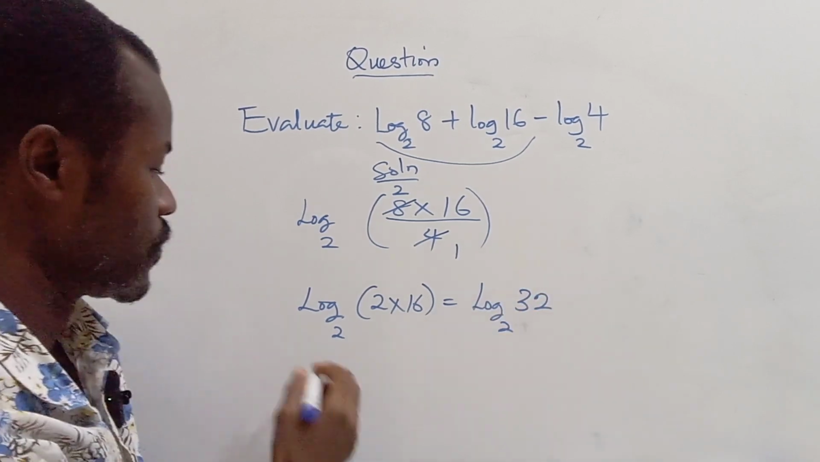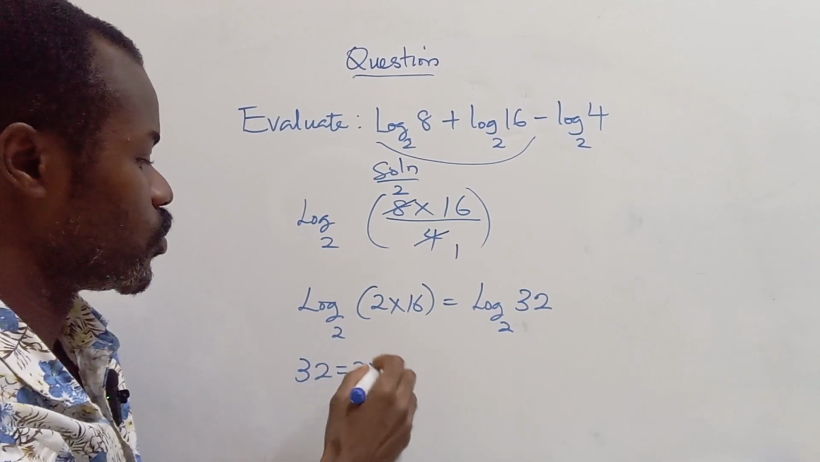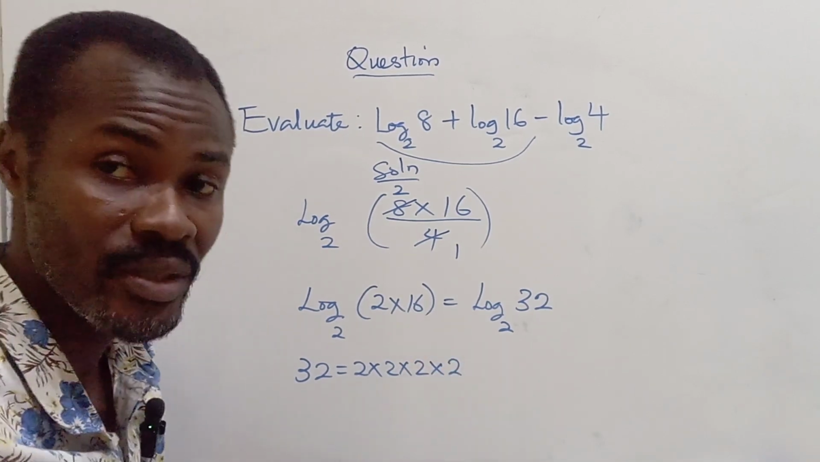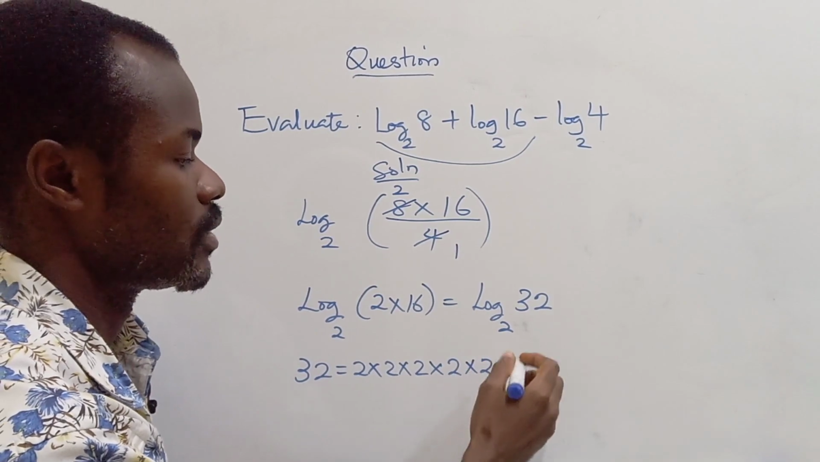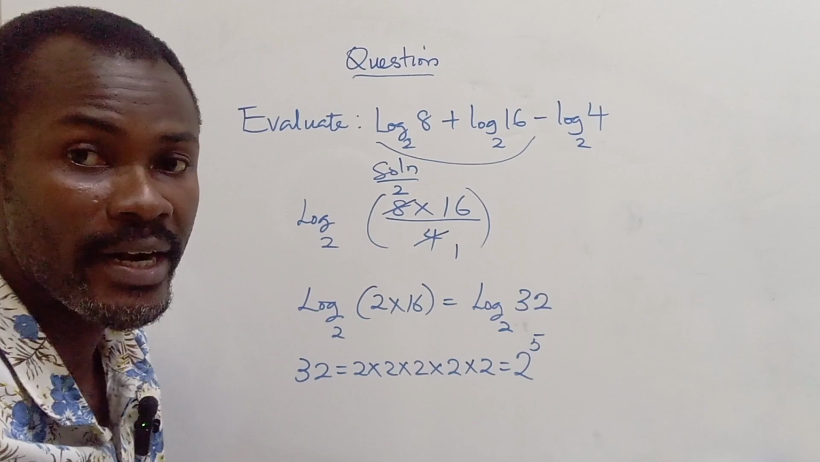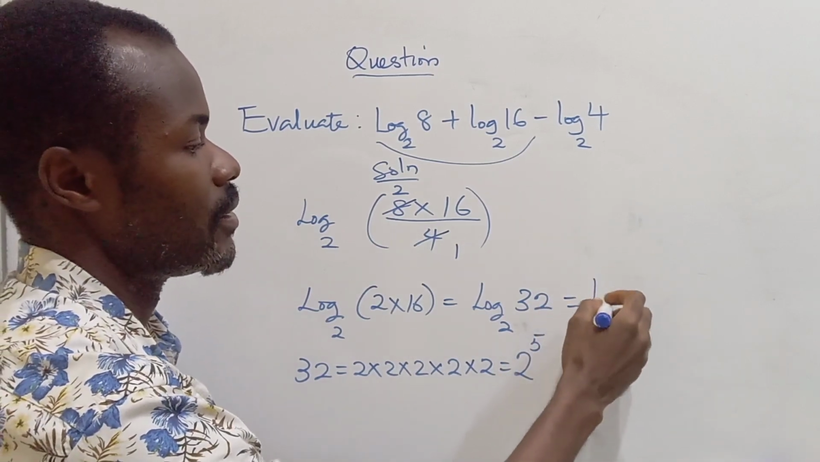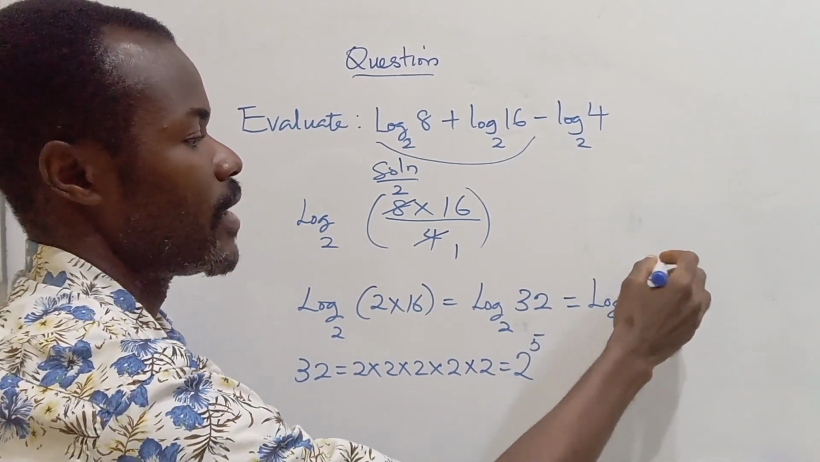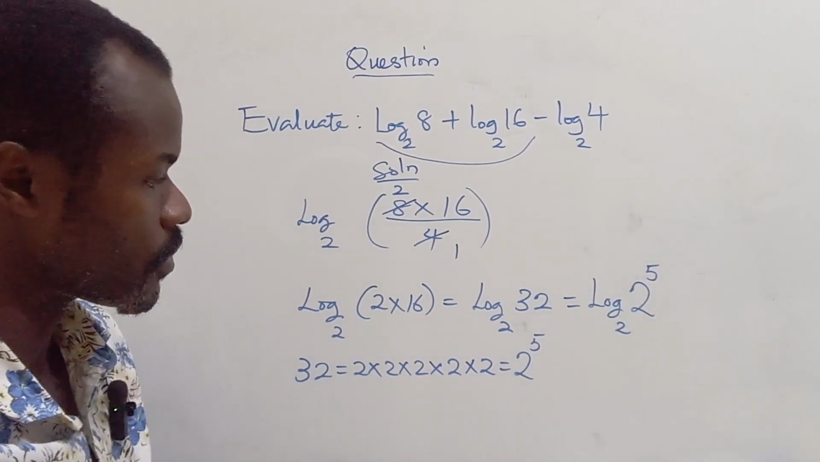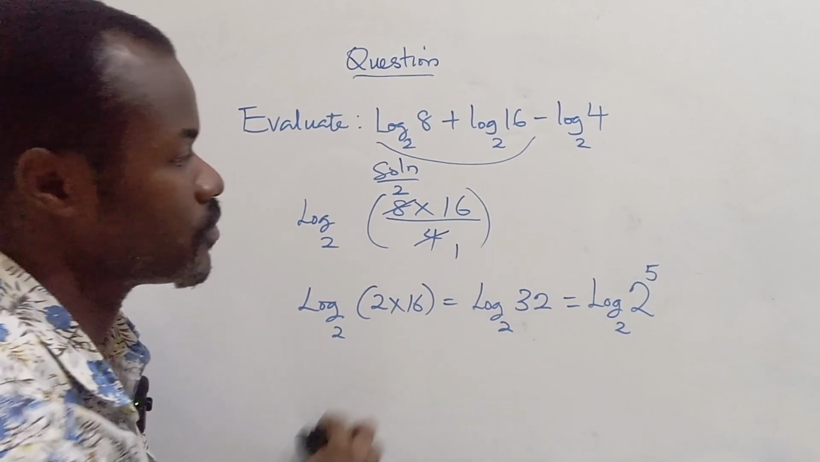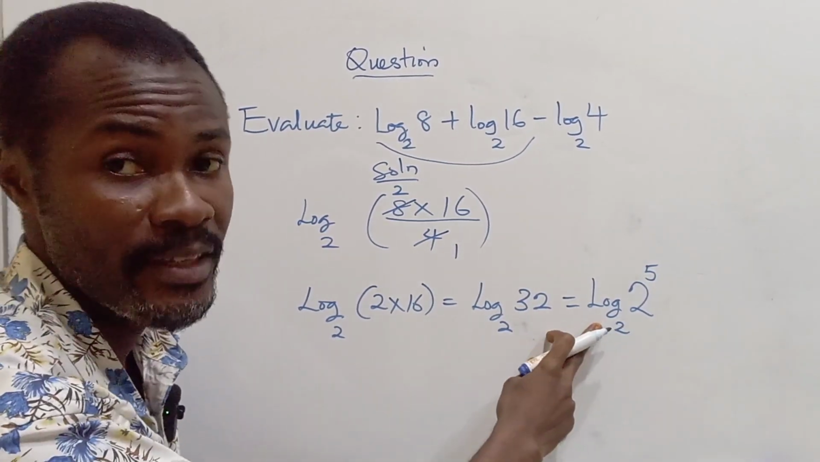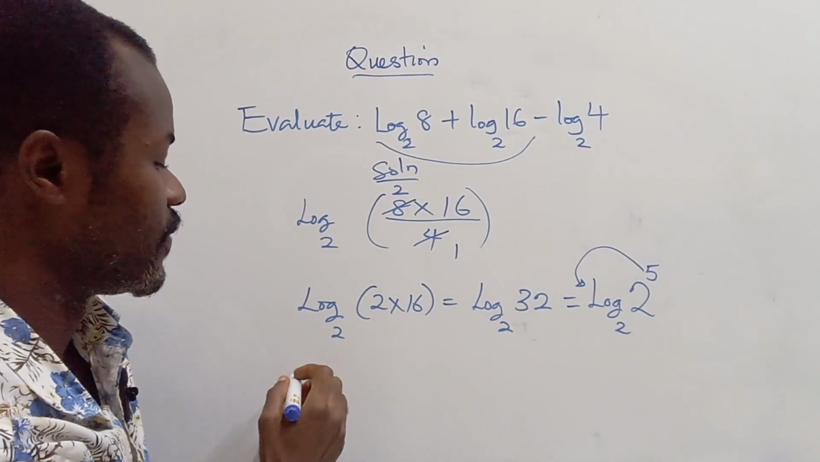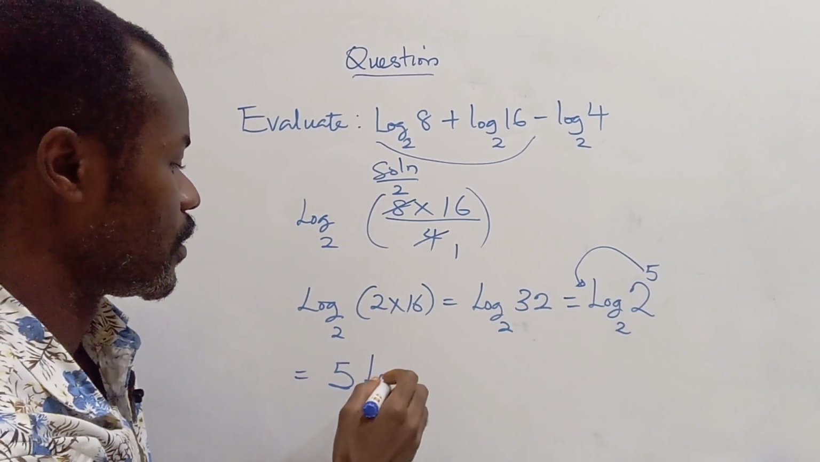Now our 32 means we have 2 times 2, 4 times 2 is 8, times 2 is 16, times 2 is 32. So we have this as 2 raised to the power of 5. So it means I can write this as log, instead of 32, we are going to write 2 raised to the power of 5. Now, from this law, we have the power of a number law. So it means this 5 can come down, so we have that expression as 5 log